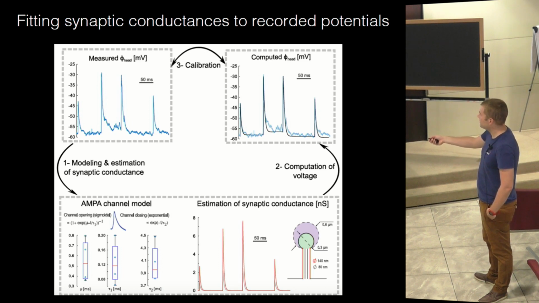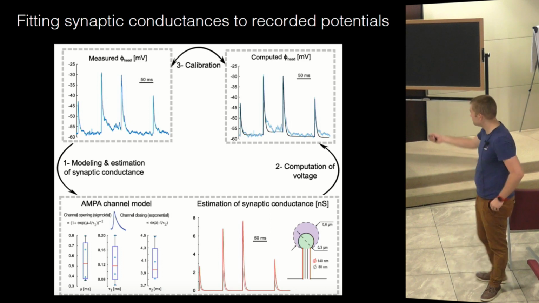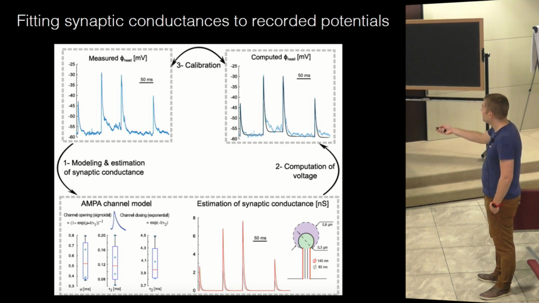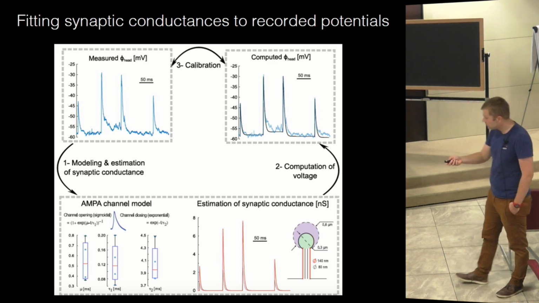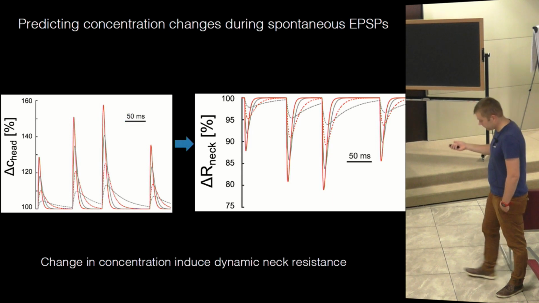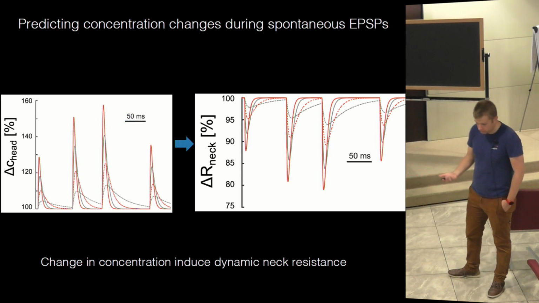And we can then estimate the synaptic conductance as a function of time, plug this into our model, estimate the voltage, and compare the trace with the initial trace with a least square fitting. Based on this, we can plug some conductance into our electrodiffusion model. And I was the first to be surprised that, actually, even with this conductance,